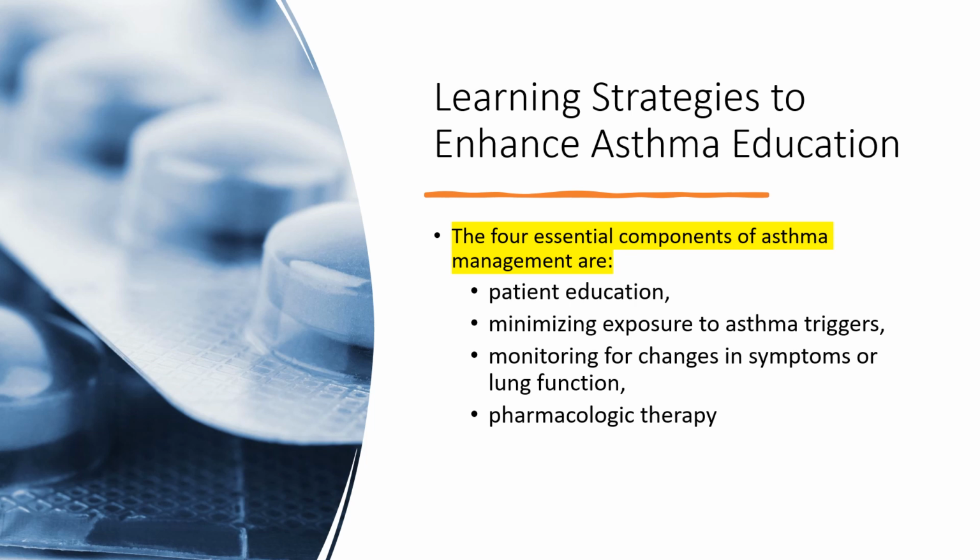So maybe in the green step, it's to maintain the drugs. In the red step, it is to get immediate medical care. So again, having an action plan that looks at how am I doing well, when should I get concerned, and when do I have to really have intervention. And they should get at least periodic provider visits and periodic pulmonary function studies to look at their FEV1s and their mid-expiratory flows and their peak expiratory flows.